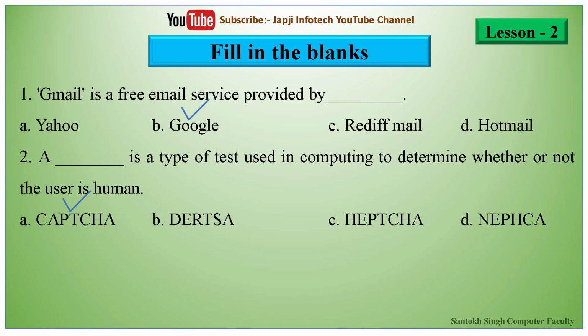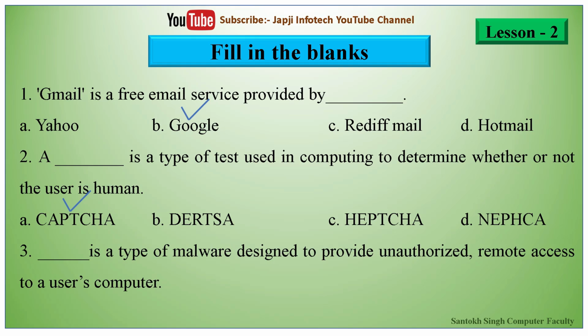the user is human. And the third one is: dash is a type of malware designed to provide unauthorized remote access to a user's computer. And the options are spyware, Trojan, malware, or horse. And the right answer is: Trojan is a type of malware designed to provide unauthorized remote access to a user